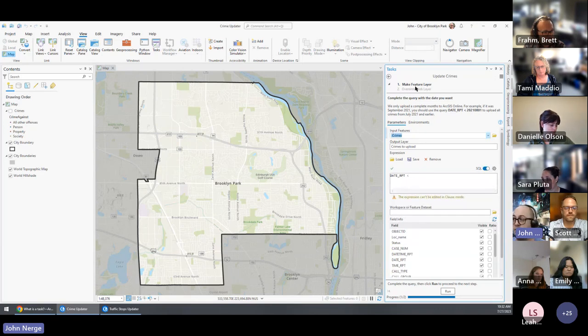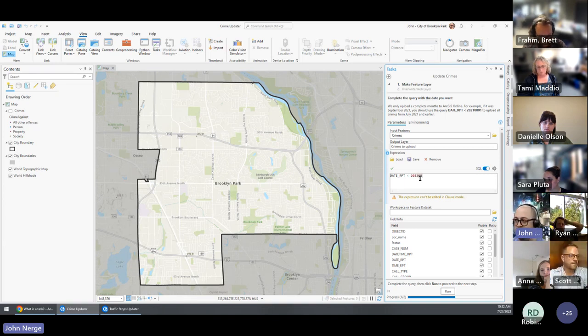The first step is going to use the Make Feature Layer tool, and it's already pre-filled out to some extent. So it has our enterprise crimes layer in here. It has the output layer name, and then there's just instructions here to say you need to complete the query. So in this case, let's say that the next time this is run will be August 1st. So our crime analyst would come in here and type in that date to basically say, give me everything prior to that,